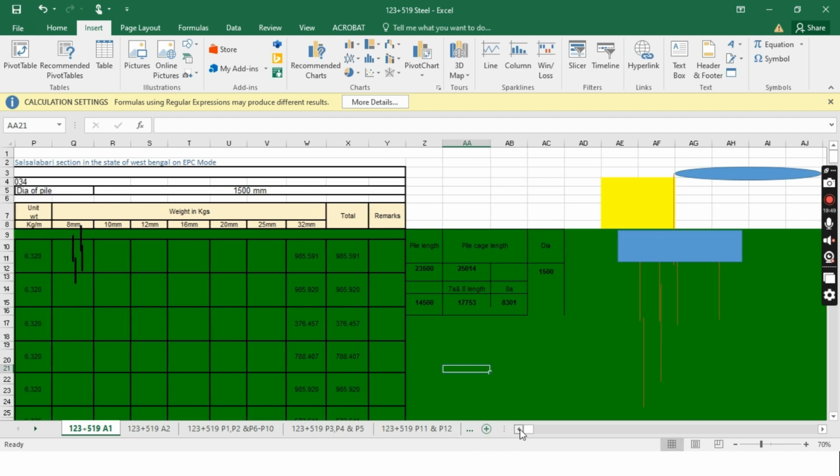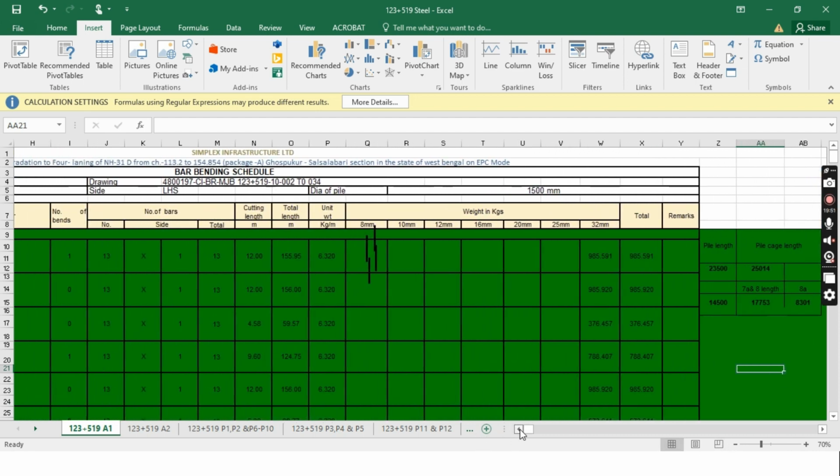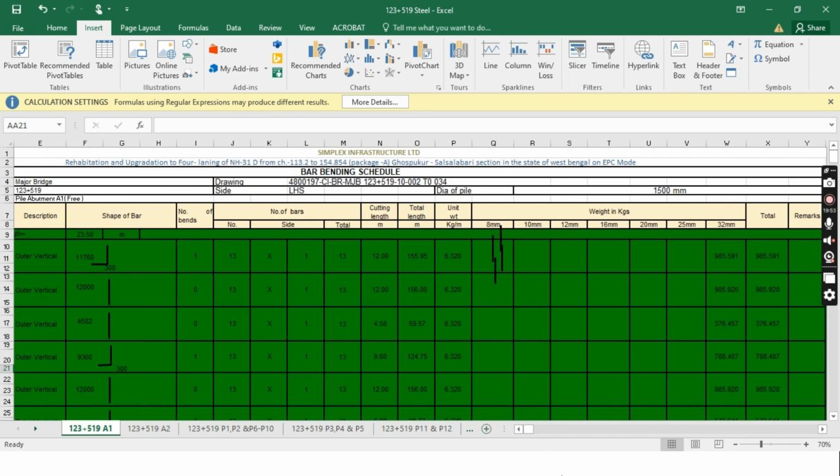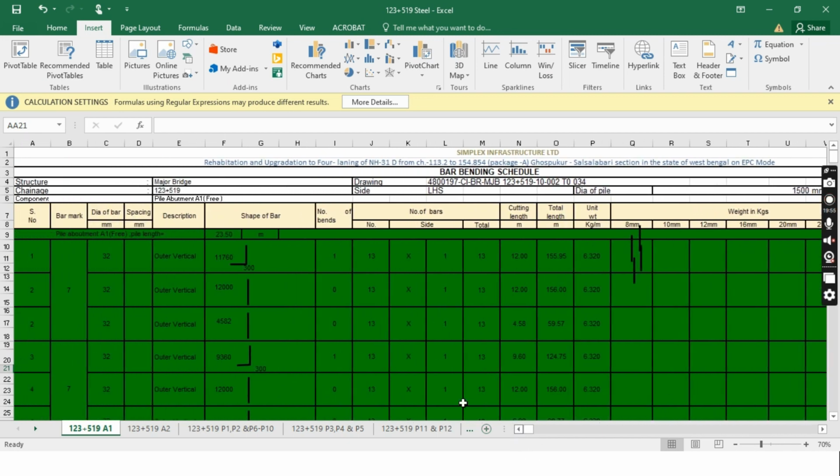Now let's go to the left hand side. See, the first column will be the serial number. After this you have to give the bar mark. Bar mark is number 7. And for 7 you can give 1, 2, 3, because the length of this pile is 23.5